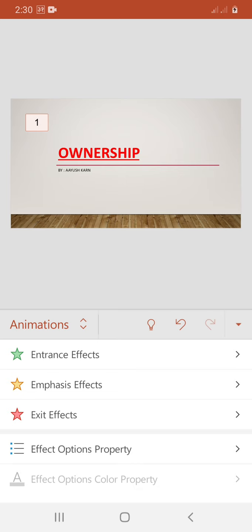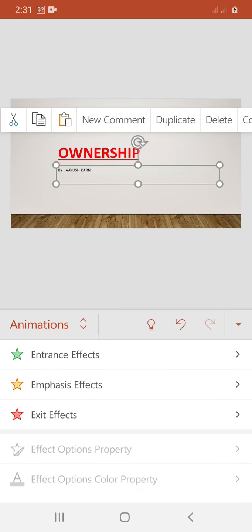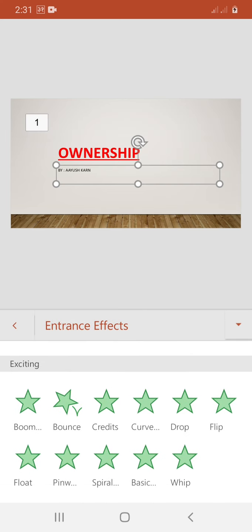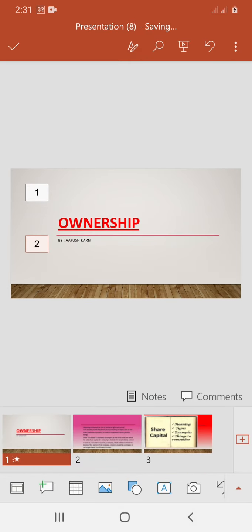Now you can see the first change in my text. The second time I am changing my subtitle, for example, flip. I have chosen this. To see what changes have appeared, you have to play the slide.